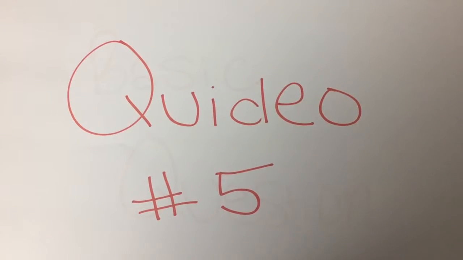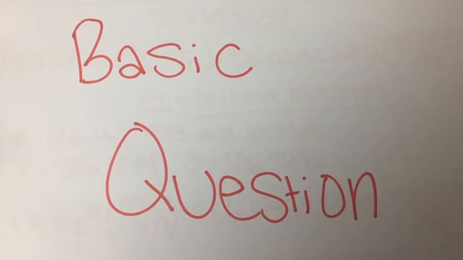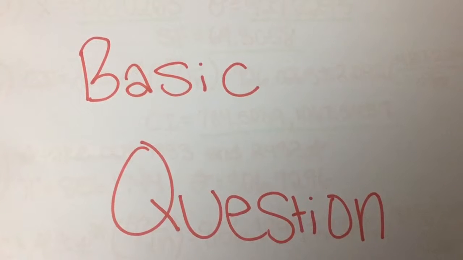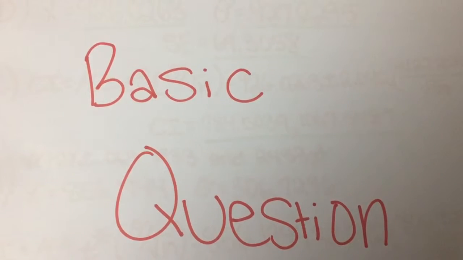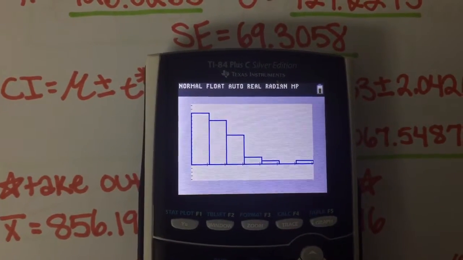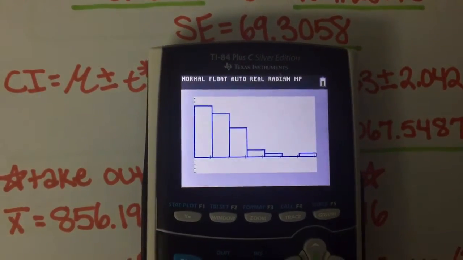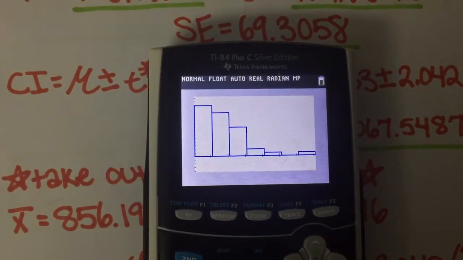Okay, this is my Quidio number 5. The basic question of this Quidio is talking about the daily intakes of calcium in 38 women between the ages of 18 and 24 years of age. Part A of the basic question asks to display the data using a histogram and describe the distribution of calcium intakes for these women. So they gave us 38